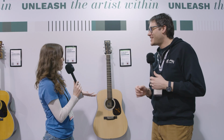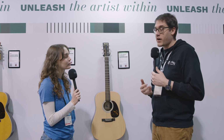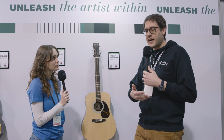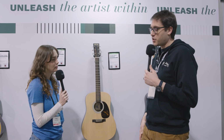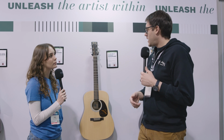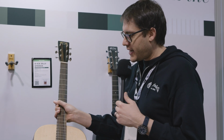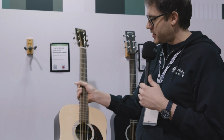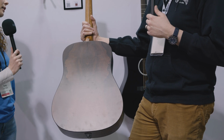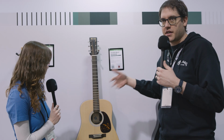So what do we have here? So we have a collaboration with Billy Strings, really renowned bluegrass revivalist. He's been a great Martin enthusiast, certainly on the vintage side. And to that end, we've developed 2 custom models with Billy based on his 1940 D28. The model we're looking at here is the DX2E Billy Strings. So very 28-esque in terms of forward-facing appointments. Spruce top, the back is pretty Brazilian rosewood, patterned HPL. Right, so it looks pretty standard, but it does have a few interesting twists because Billy